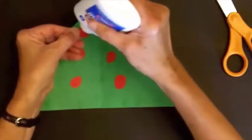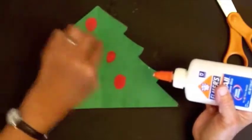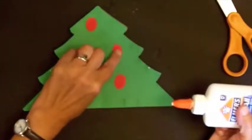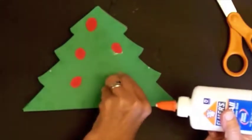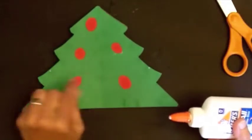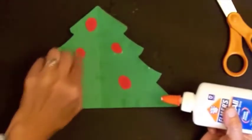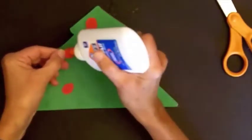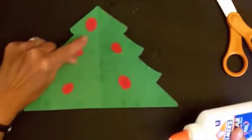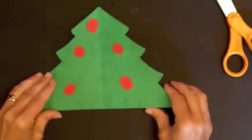So all I need is a little bit of a dot of glue, and I want to distribute these over the tree. Now there's a lot of other things we could do. If we had glitter, we could put some glitter on. And with that, you just put a little dot of glue in and sprinkle some glitter. Okay, now